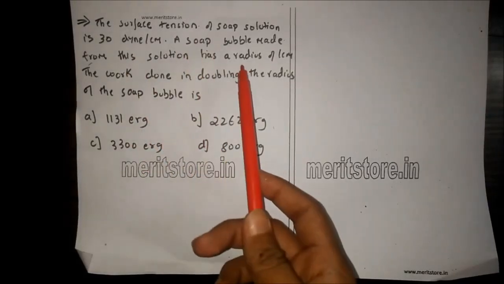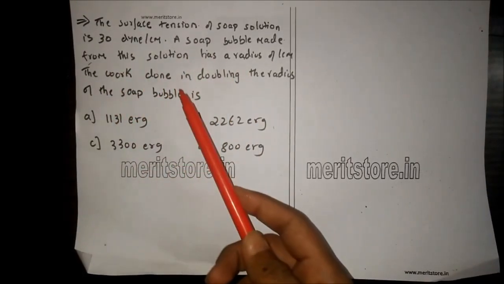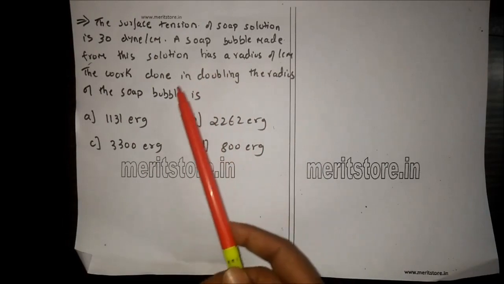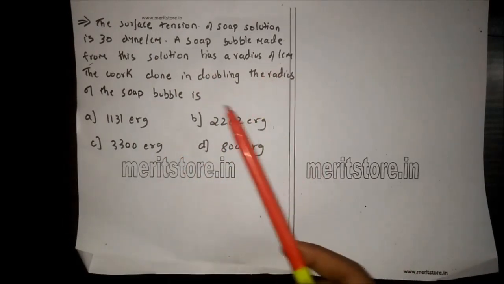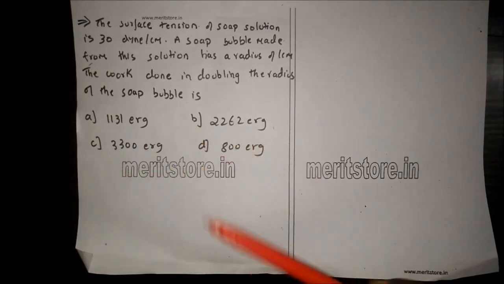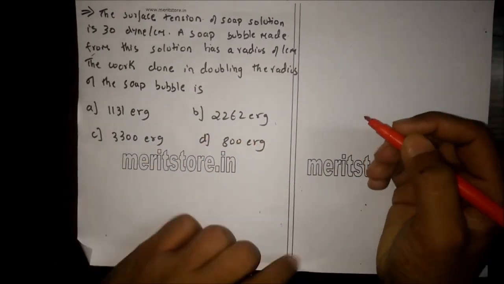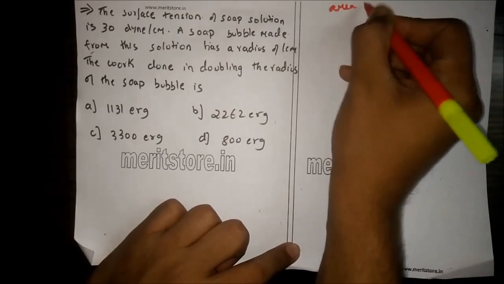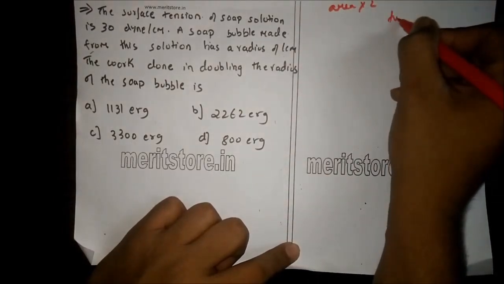The surface tension of soap solution is 30 dyne per centimeter. A soap bubble made from this solution has a radius of 1 centimeter. The work done in doubling the radius of the soap bubble is, here are the following options. Now, for a soap bubble, we multiply the area by 2 since there are two free